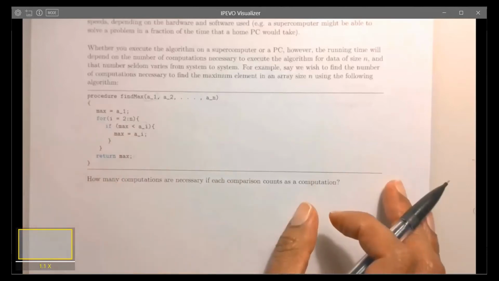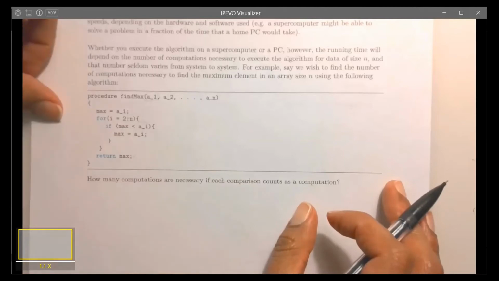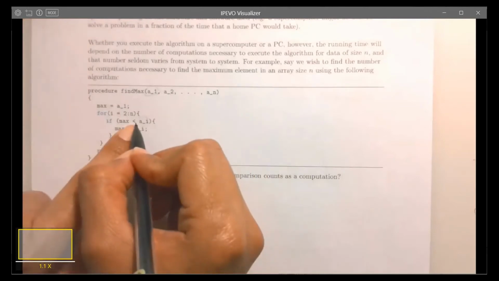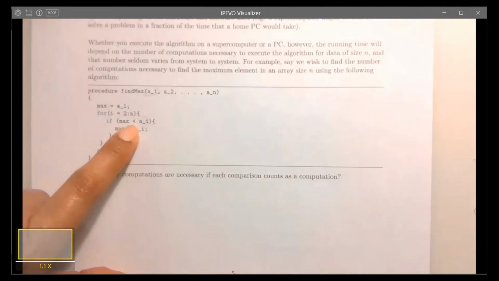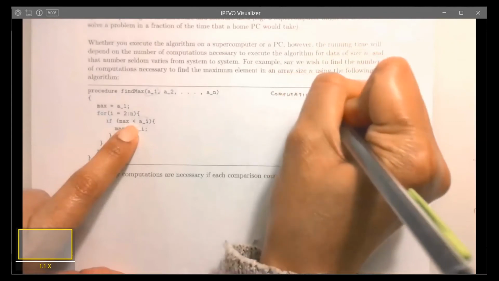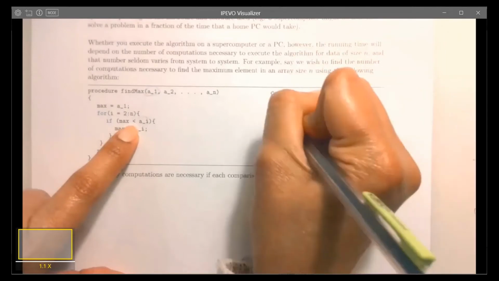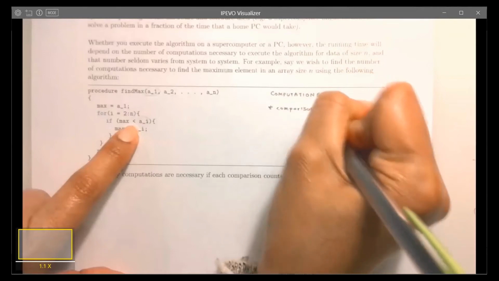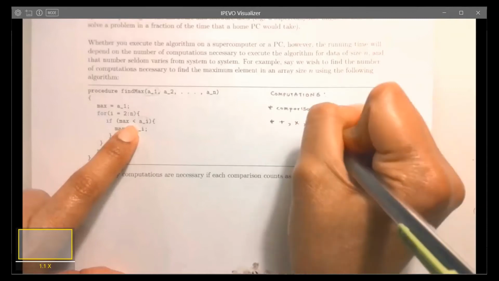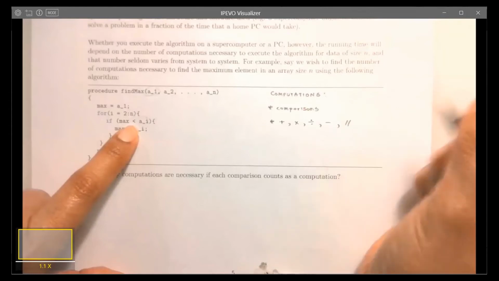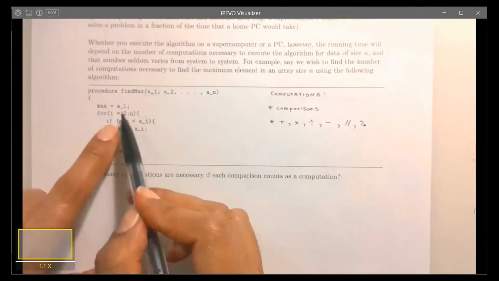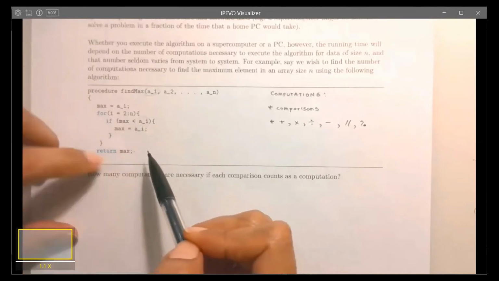So let's see. If we think of efficiency in terms of how many computations this algorithm is computing, well, there is one computation here because there is a comparison. And by computation, I mean things such as, let me be very specific about this, comparisons, addition, multiplication, division, subtraction, integer division, modulo. And so those sorts of computations; assignments are sometimes or usually ignored when it comes to counting